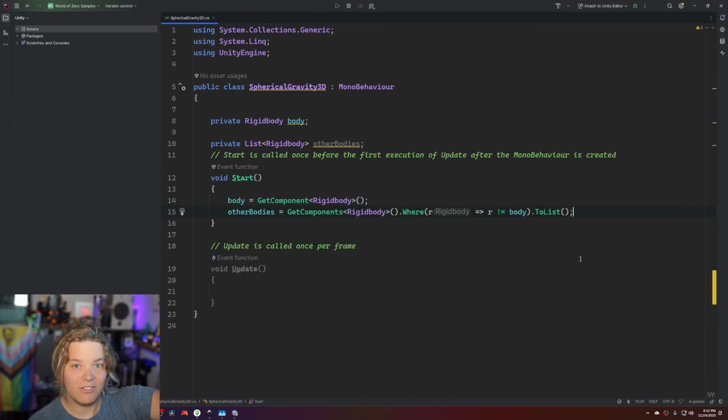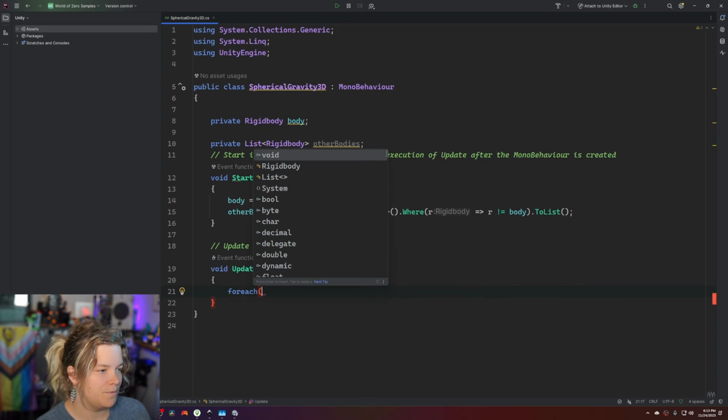It won't solve this if you get rid of collision or something, or just put two objects in front of each other. You still will divide by zero, and things might not be happy. So there's other ways we could solve for that, but for this case, we're gonna just do the simple bits. So we have the body, we have the other bodies, and so what we're going to do is basically grab every other body. So for each,